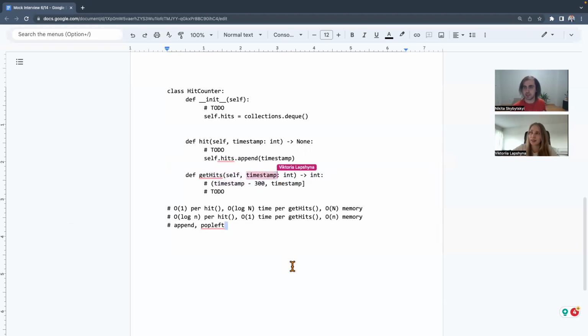Because I think you said that we can do the same thing, with the current time, the binary search. Oh yeah, we can also do the comparison and at the same time remove every element, because timestamps are not decreasing, right?